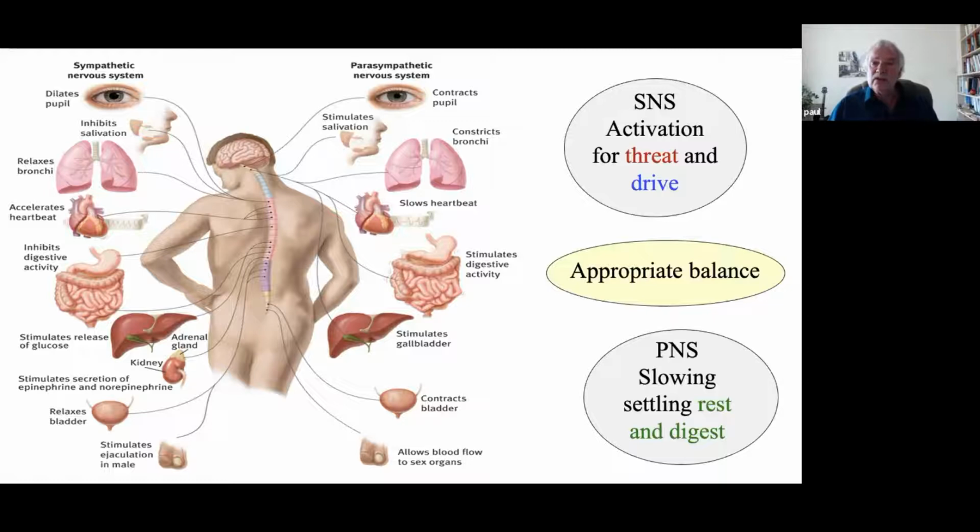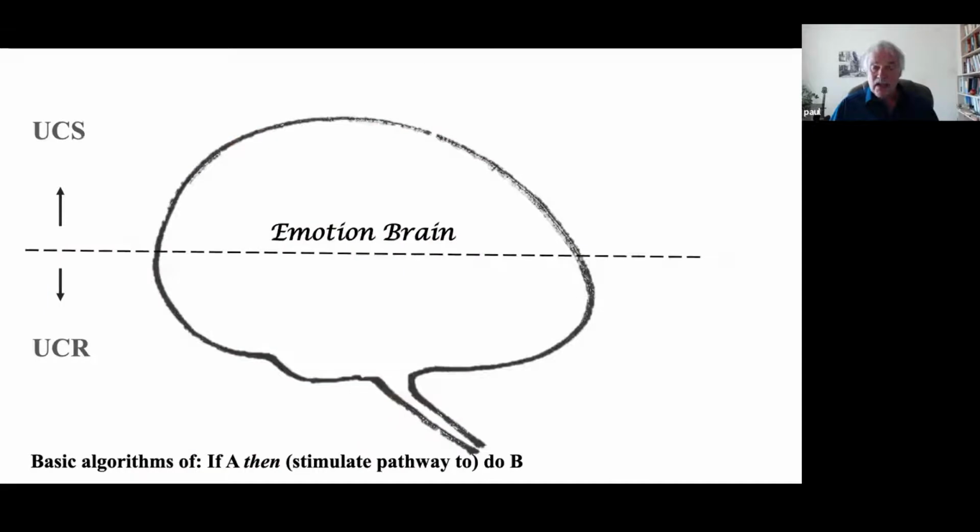Learning to ground in the body, learning to spend a little bit of time, learning to slow down so that you can focus. And now I'm going to be talking a little bit about how we can focus our minds to help our bodies. Now, one way in which psychologists think about this is also in terms of what we call algorithms.